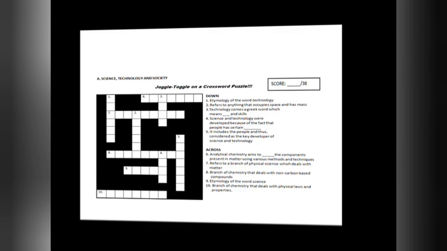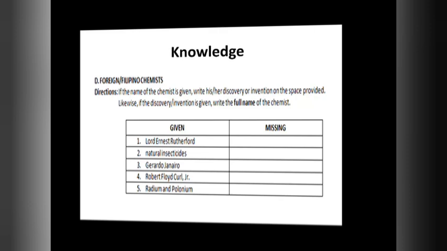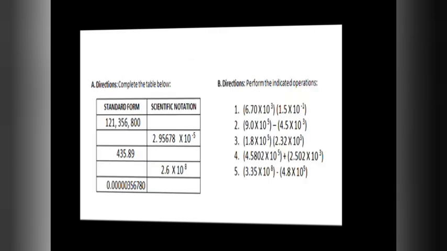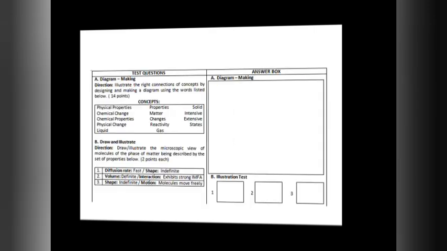This is an example of a knowledge test using KPUP, which only requires one answer. This one is also a knowledge test. This one would require students to do computation, so therefore it's a process assessment test. This one requires students to carry out a process of making a diagram by organizing thoughts, so this is also